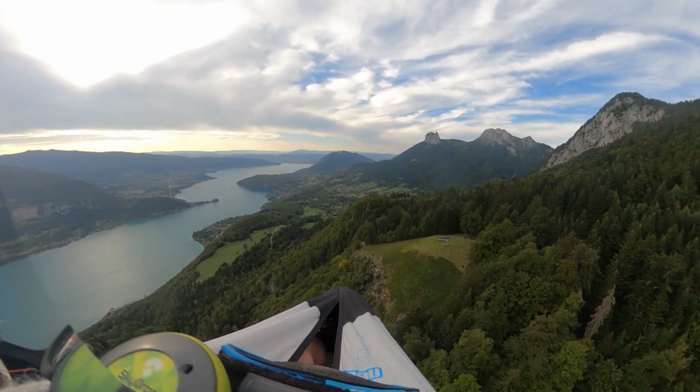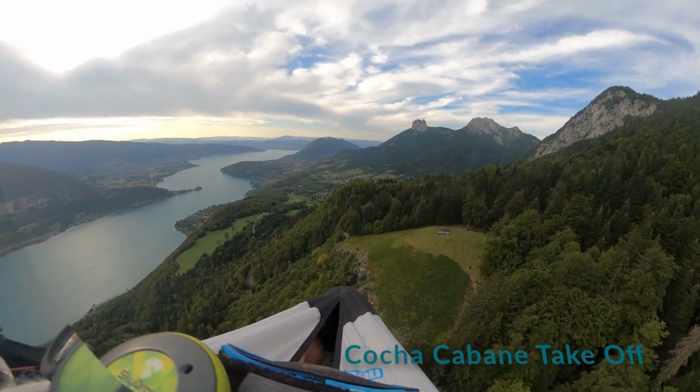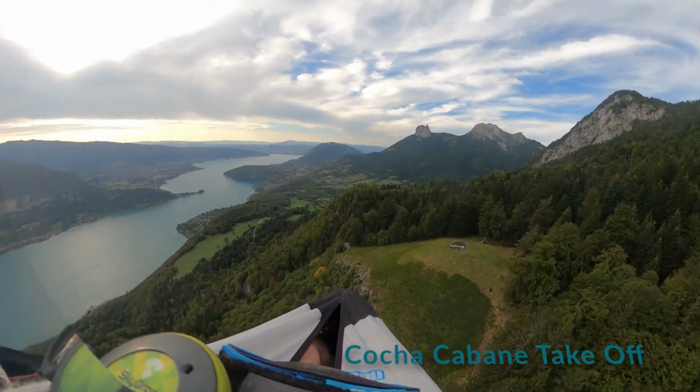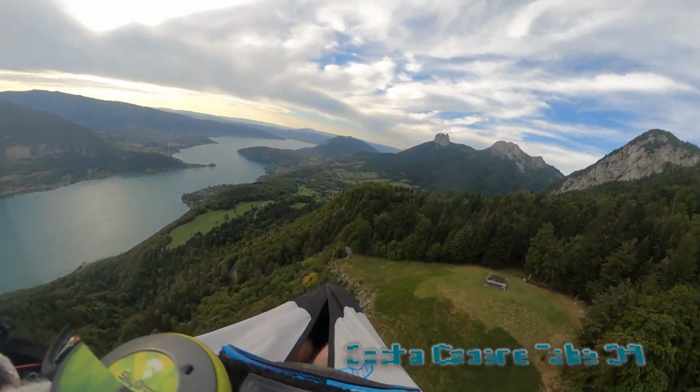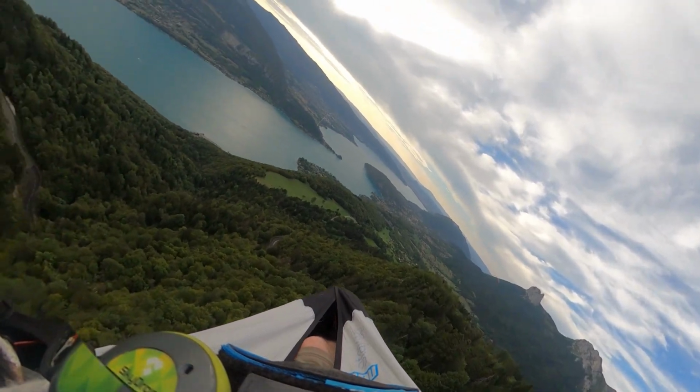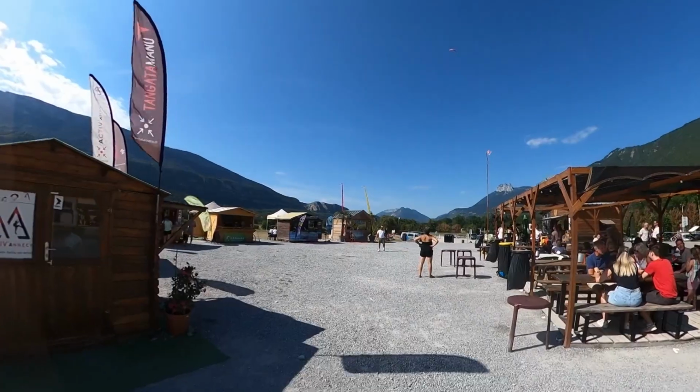Here I am approaching the Col de takeoff. This might be a good choice if it's too crowded at the Col de Forclaz and if the wind is directly from the front of the lake. Both takeoffs in one picture. On the right hand side the Col de Forclaz, and on the left hand side the Col de